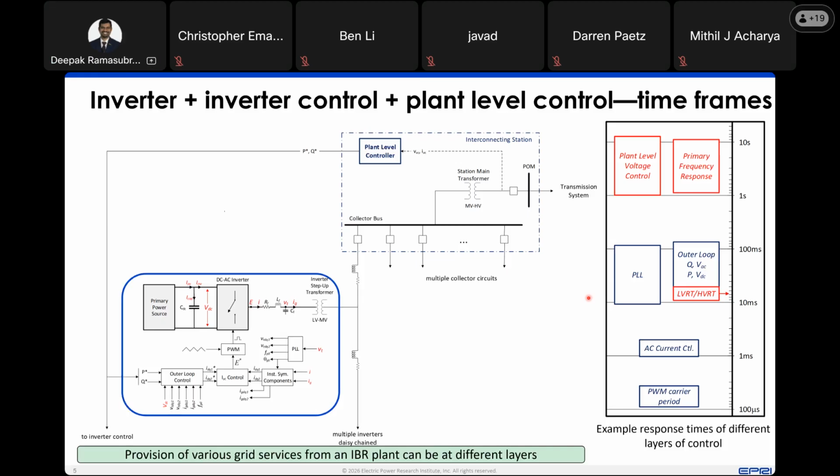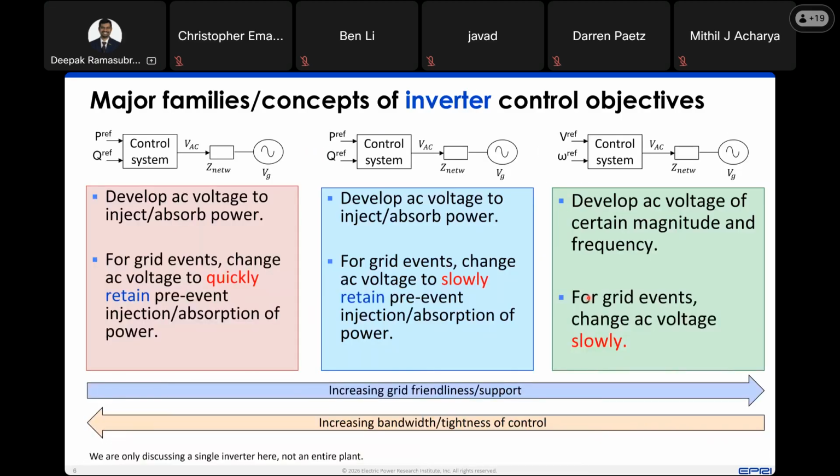If we keep just the inverter again in context, we spoke about the inverter on the previous slide, and how it has that power reference command and so on, that needs to provide injection of current into the network. So if we keep the inverter itself in context again, then there are three major families of control objectives that can be manifested. On the extreme left, we have a family of control where